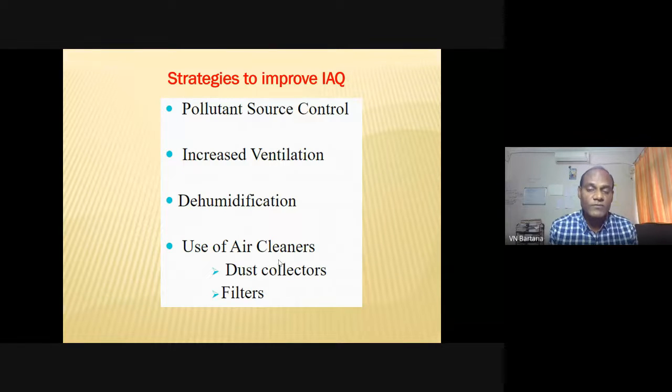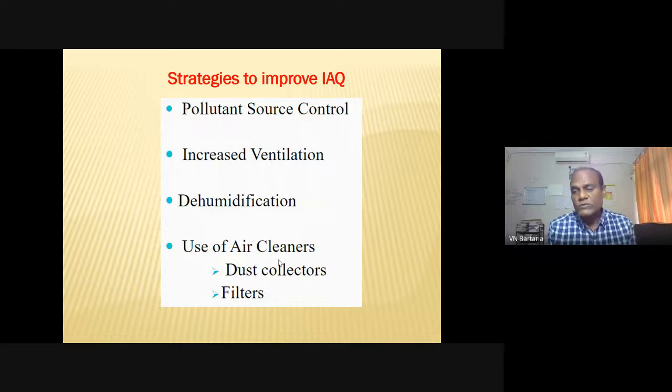The finest particle of contaminant, which is PM 2.5, must also be removed continuously, and its concentration or density must be regularly checked. Now we can see that in Bhopal also, at several places, air quality is continuously being checked and the air quality index is also displayed. But in the indoor environment we are not aware, and we do not have any information about the air quality level indoors.